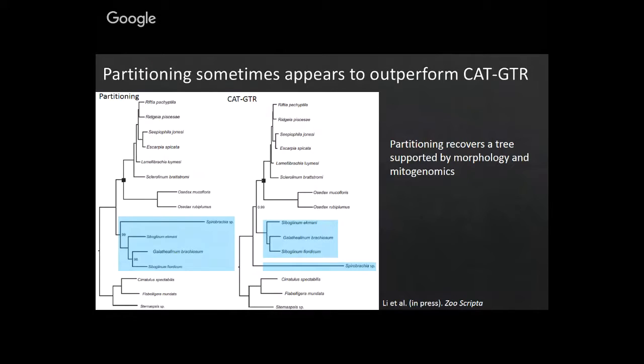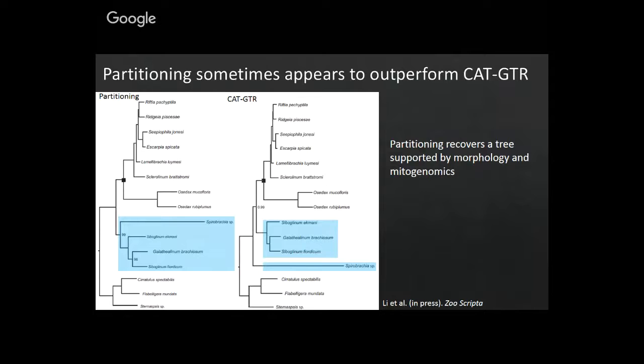The thing is that the tree recovered by partitioning, with Spirobrachia as a frenulate, is a relationship that's supported by a fair amount of morphological synapomorphies and also some past mitogenomic studies. So in all these instances, it's impossible to know the true tree with certainty. But I think it's telling that generally when taxon sampling is high, partitioning and CAT-GTR do get the same answer. But in previous data sets where taxon sampling maybe wasn't as high and they disagreed, the tree that matches what's inferred with, I would argue, better data sets, since there's better taxon sampling, matches partitioning rather than CAT-GTR.